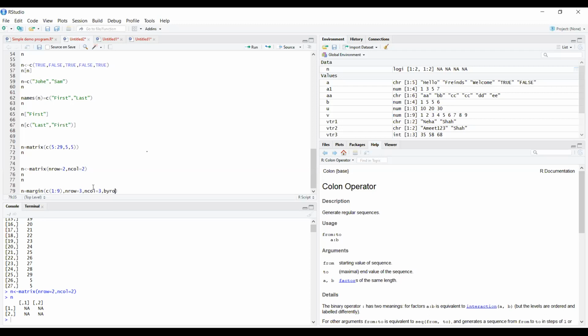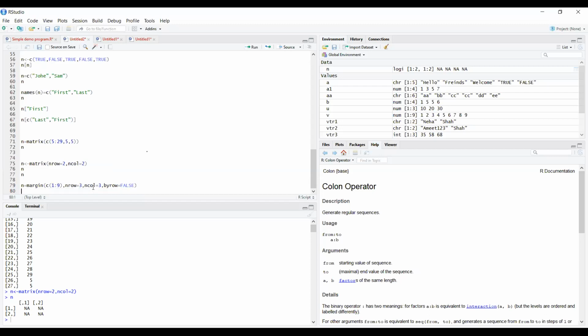By row means whether you want row values or column values, whatever you want, you are going to pass as the by row value. And if you pass the false value, we will see what we get. Then we use the print command, which we have seen yesterday.